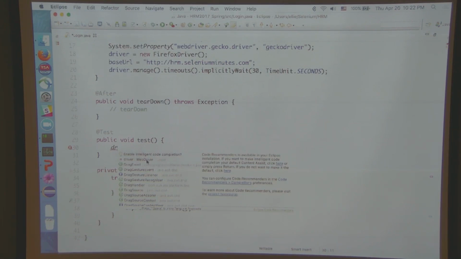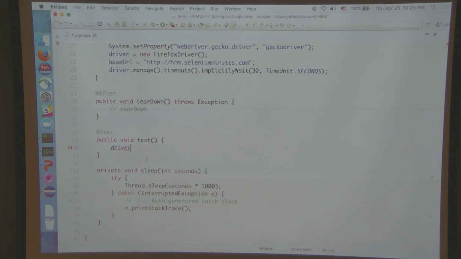Now, for a 6-letter word like driver, you probably won't make a typo, right? But if you are going to write something longer like web elements or expected conditions or WebDriver wait or a JavaScript executor, something long, you will probably make a typo. You'll forget a little S somewhere or capitalization somewhere or a little vowel somewhere. So just autocomplete. That will save you hours of debugging later. All right? Deal? So in this case, Control space and select driver.